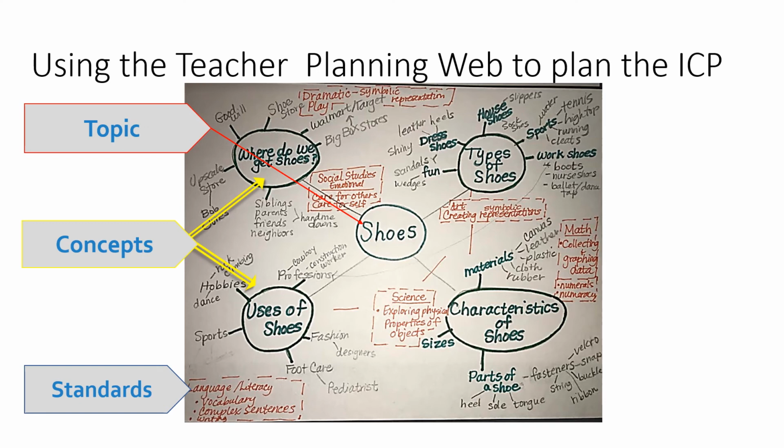When teachers plan the project approach, they create an anticipatory teacher planning web. Laura Taylor, who wrote Chapter 6, well, actually her story is in Chapter 6 on the project, the camera project, you can actually see her teacher planning web on page 75 of the Green Book. This is where Laura sat down with her assistant teachers and developed a planning web. This is where they brainstormed and anticipated concepts that children might learn that were related to cameras.